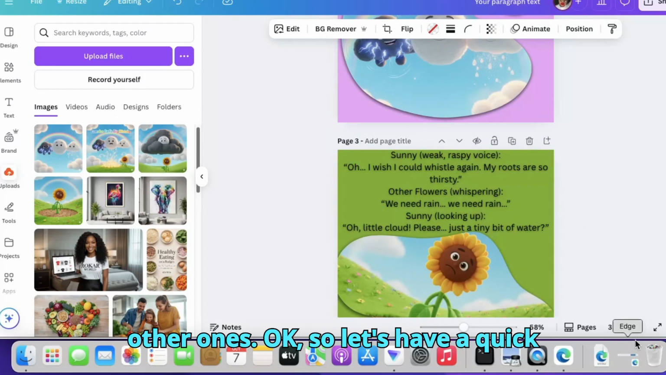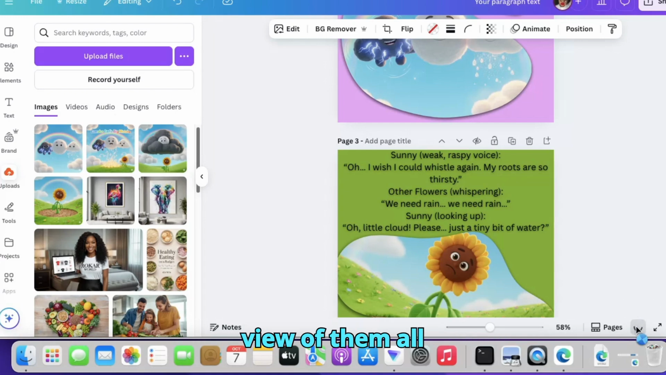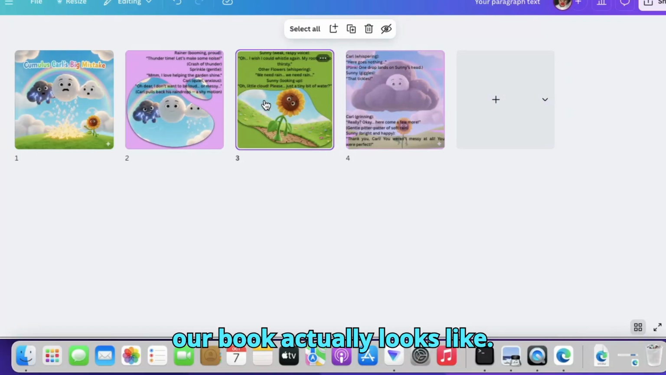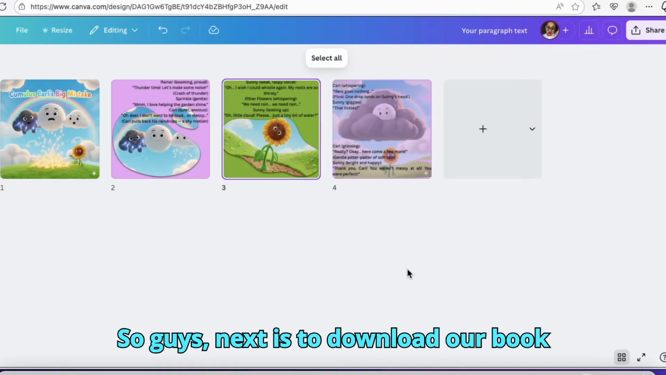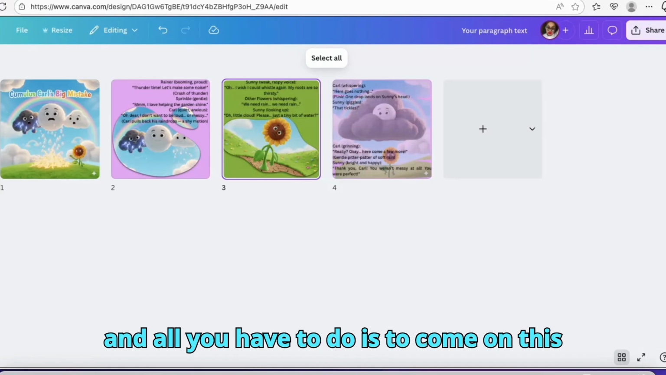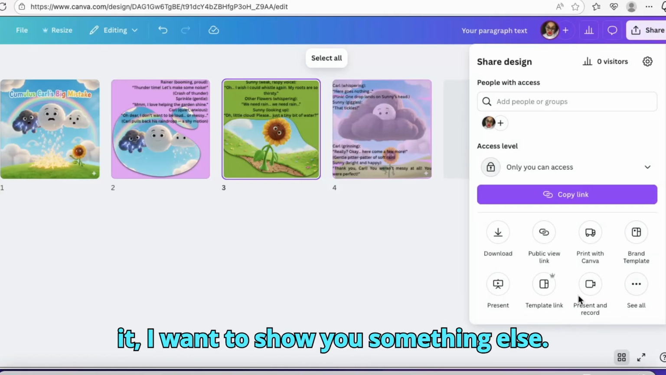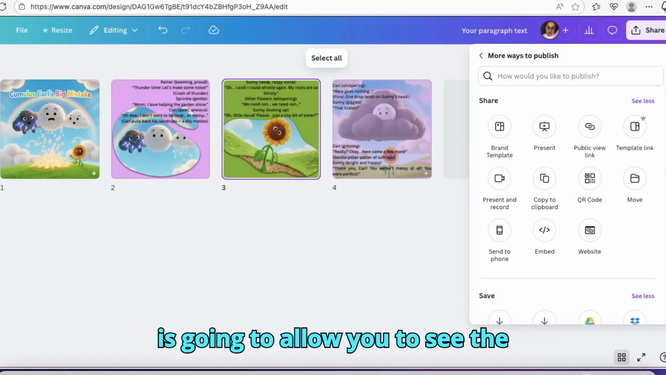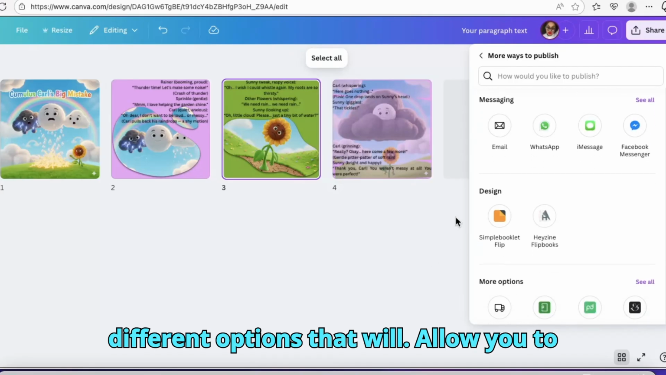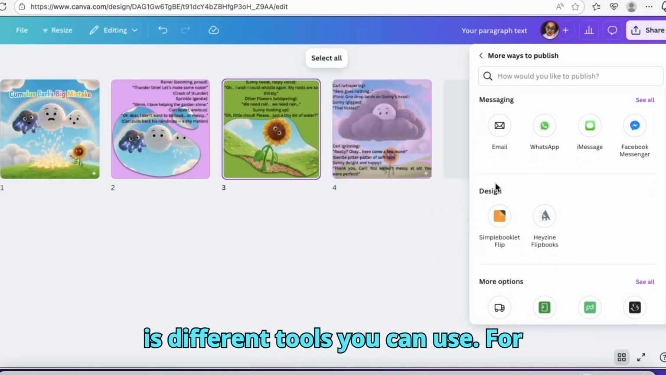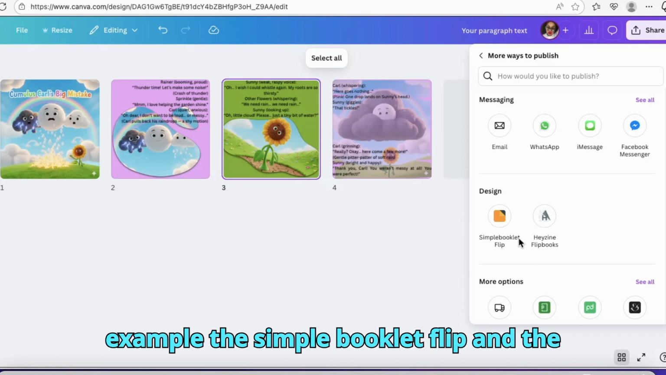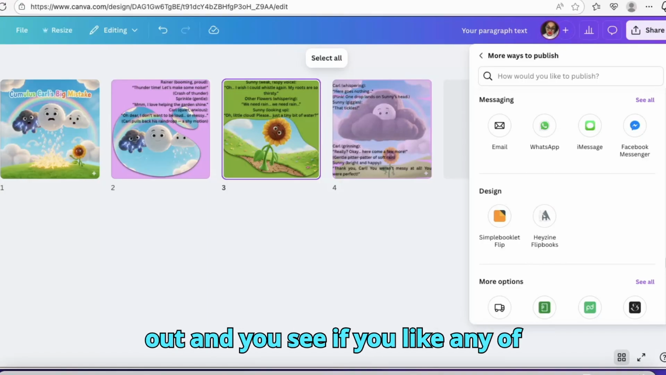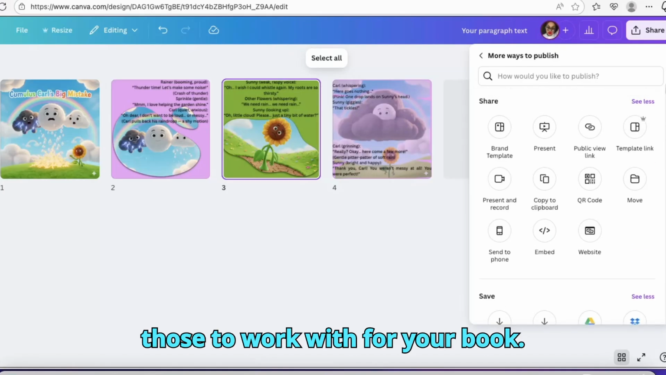Okay, so let's have a quick view of them all together as one page like this. Like you can see, this is how our book actually looks. So guys, next is to download our book, and all you have to do is to come on this option of share. But before we download it, I want to show you something else. Let's click on this option of CO, and this is going to allow you to see the different options that will allow you to turn the book into flip pages. And there are different tools you can use. For example, the simple booklet flip and the hazy and flip books. So you can click on any one of those that you'd like to try out, and you see if you like any of those to work with